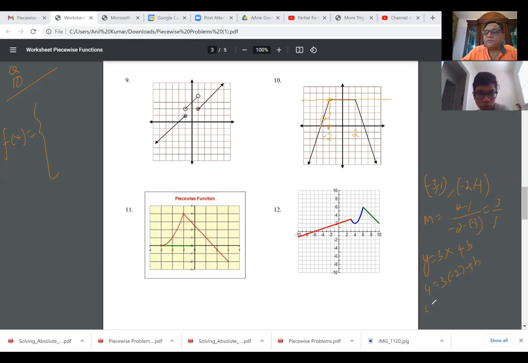Taking this on the left side, we get 4 plus 6 equals b, which is 10. And therefore, the equation is y equals 3x plus 10. Is that clear to you? Yeah. So we have the first equation, which is 3x plus 10